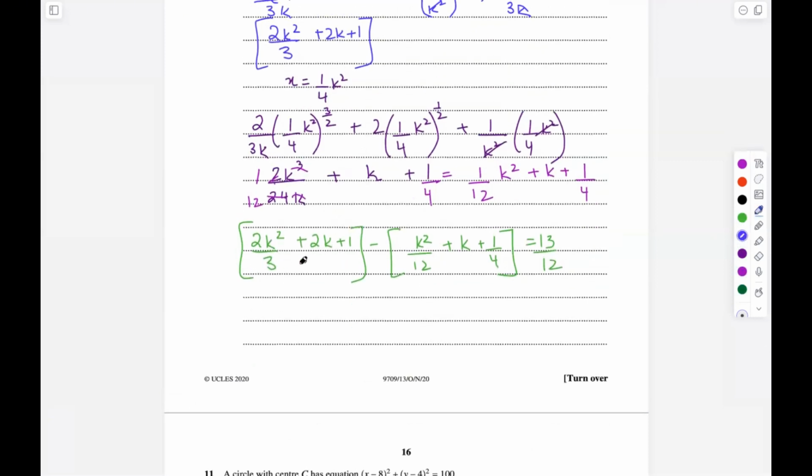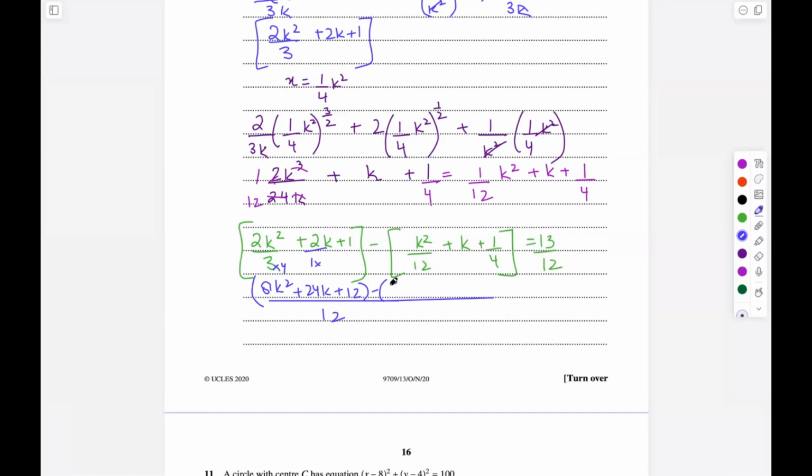So first we can take the LCM on the whole left hand side. If we take the LCM on the whole left hand side, this denominator is 12. So the LCM will be 12 up here. So we'll have to multiply this by 4. That will become 8k squared. This will multiply by 12, so this will become 24k. This will also multiply by 12. This will become 12, minus. So in the brackets, we will have